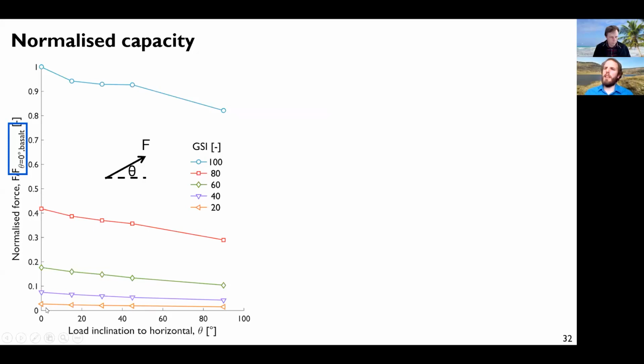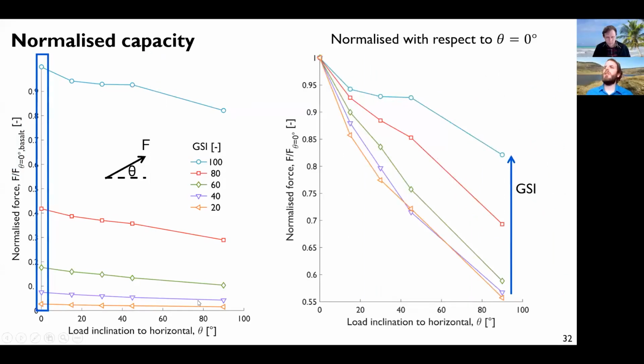And for a GSI of 20, it actually looks very flat. But if you do another normalization, so you normalize each curve corresponding to a GSI with respect to the initial multiplier, what you can see is that for the low GSI, the capacity decreases quite a lot with the inclination. So actually what happens, I think again as with the pile, is that when you have a large horizontal component,